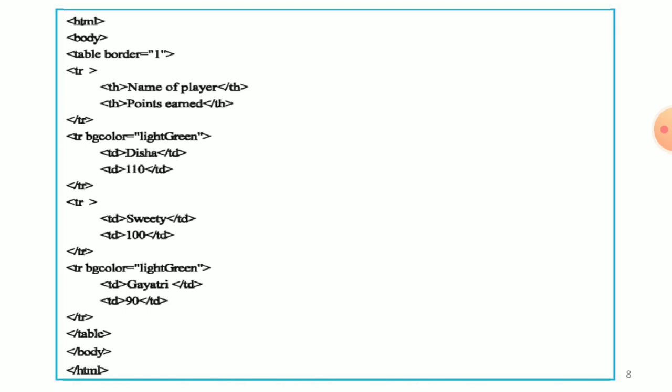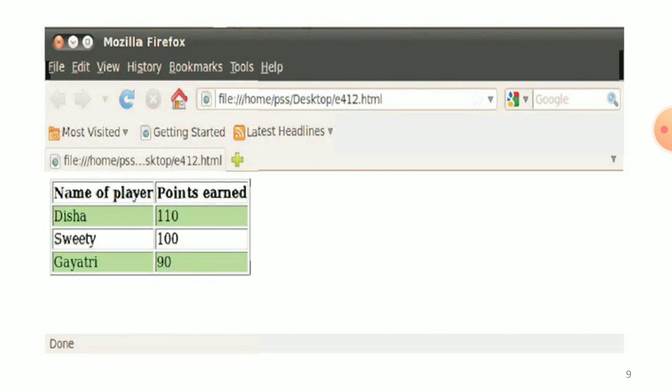And save your file with a name and dot html. And that is the output. So open a browser window, Mozilla Firefox, Google Chrome, etc., and select the file and open.